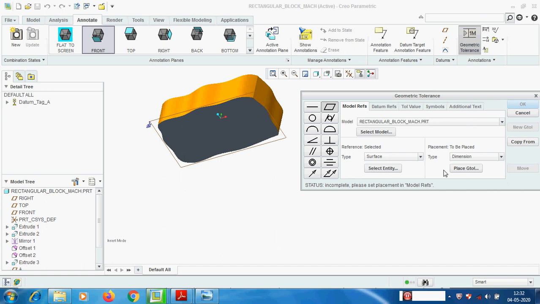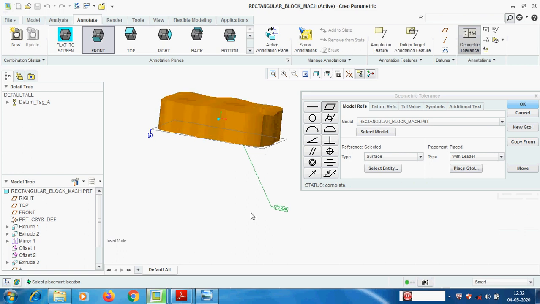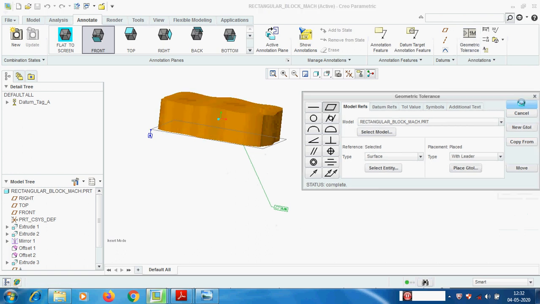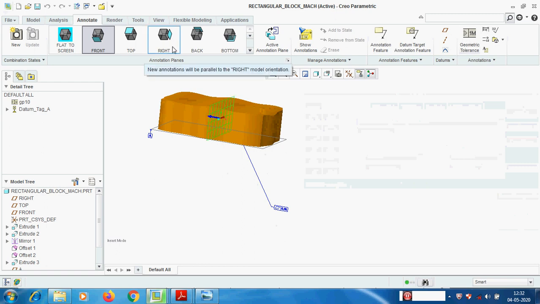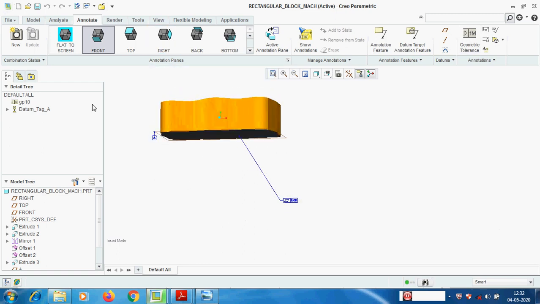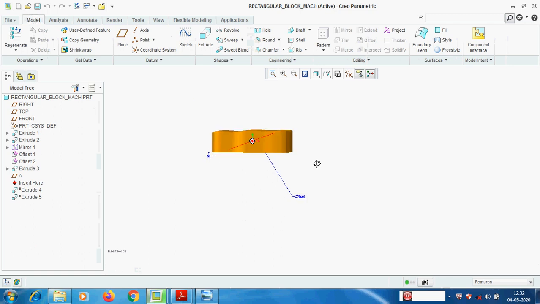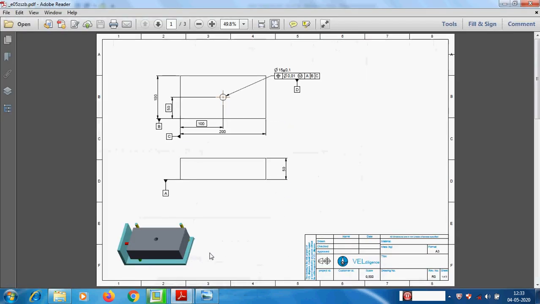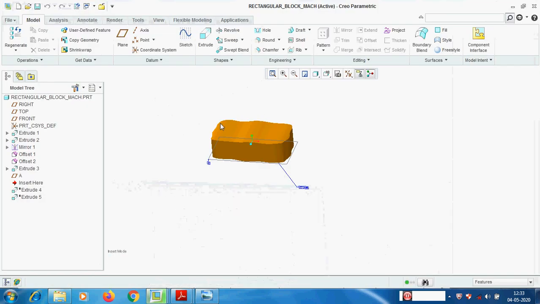Now we have to place it on the surface. How to place? By using this portion we can place the GTOL. Pick here with leader, I am placing on the surface, select the surface, give done, just pick outside. Now we have created one flatness for this surface. Now we have completed it. Then next we need to create the second surface. See in the drawing, the bottom we have created. Then next we are going to cut this two supports side. I already removed this portion.